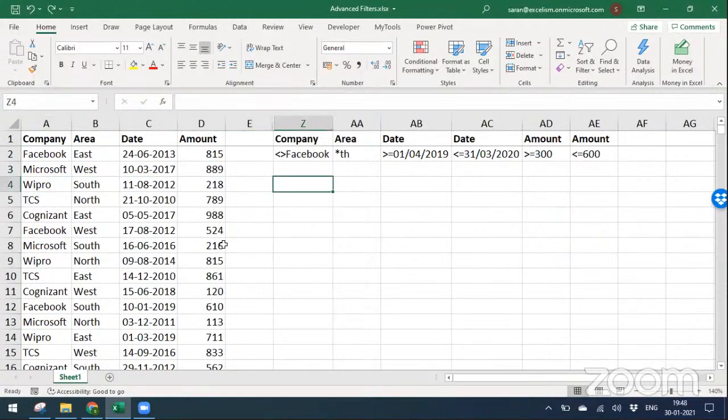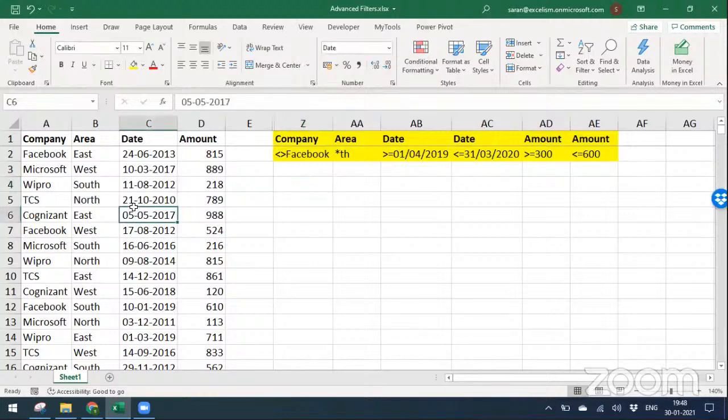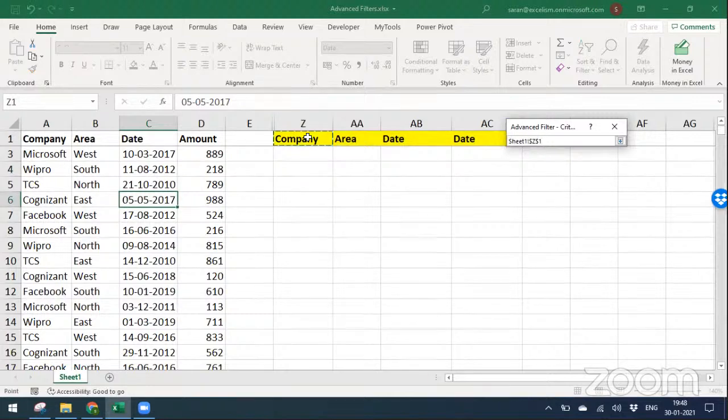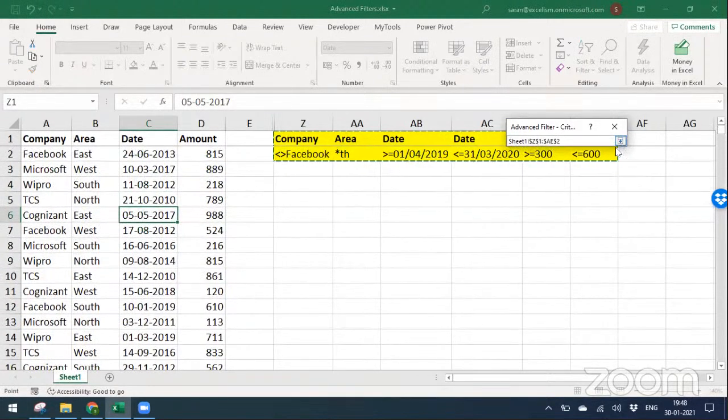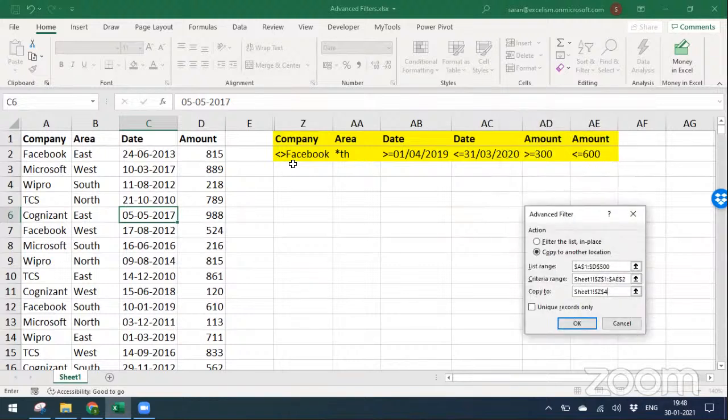Now, let me take this as a criteria. Now, let me go to advanced filter. Criteria range is this. The sum range, copy to another location. Let me keep the cursor here. Do you think Excel understands this language? Yes. Because the same language, do you remember while we were